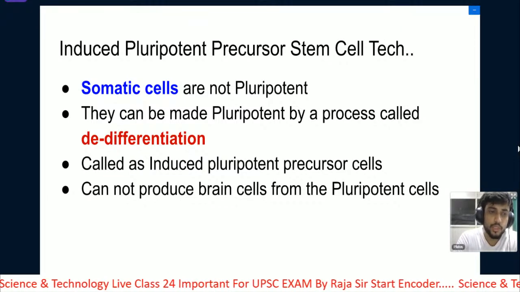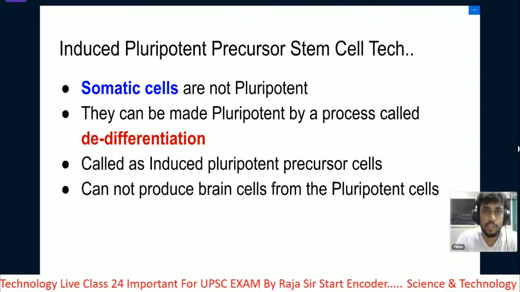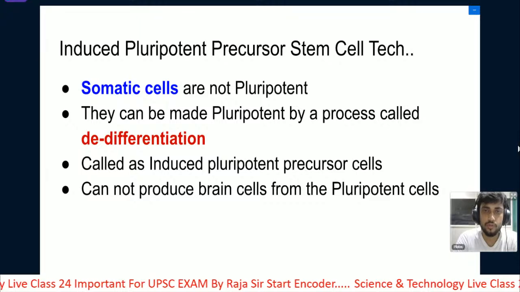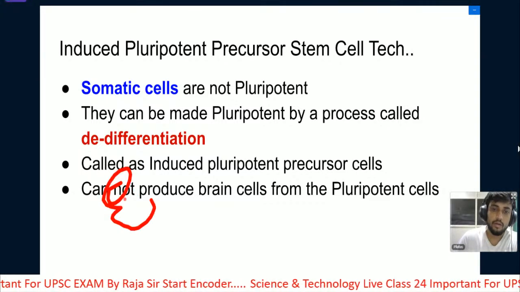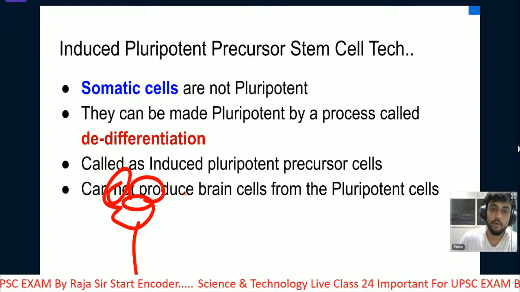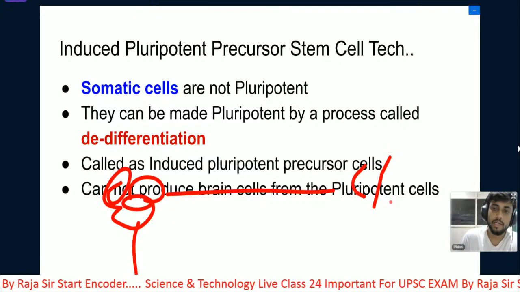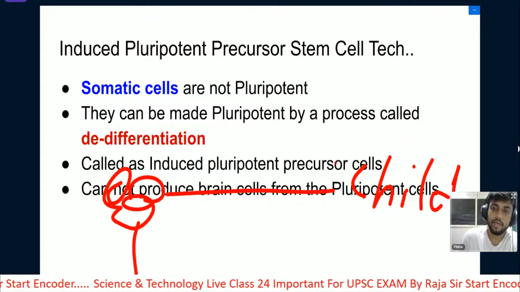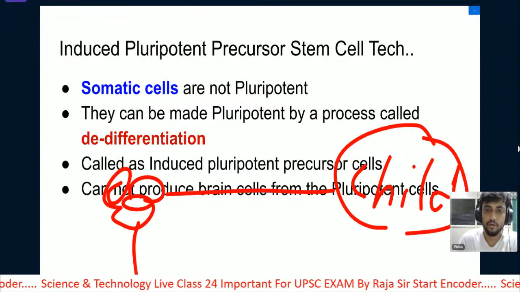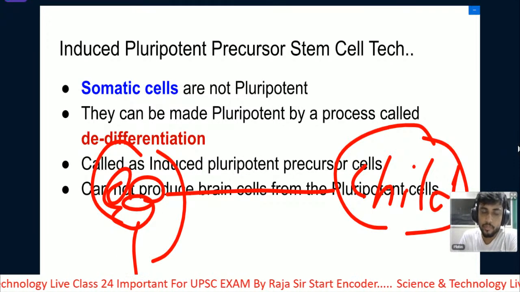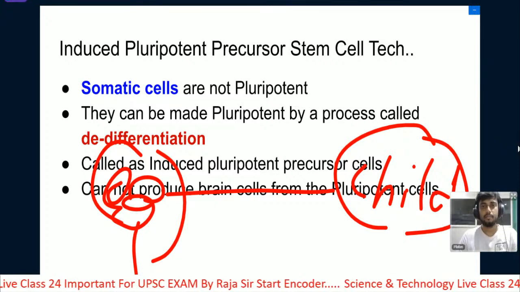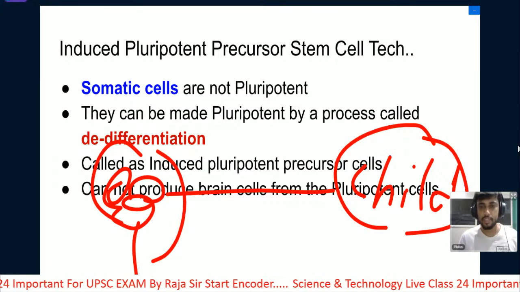See, we are not using the embryo cells because there are certain ethical issues with it. If you use the cells from this embryo, which is going to be a child someday, there are legal issues with it. We cannot let the zygote or the embryo die. There are ethical issues and there are obviously the legal issues.